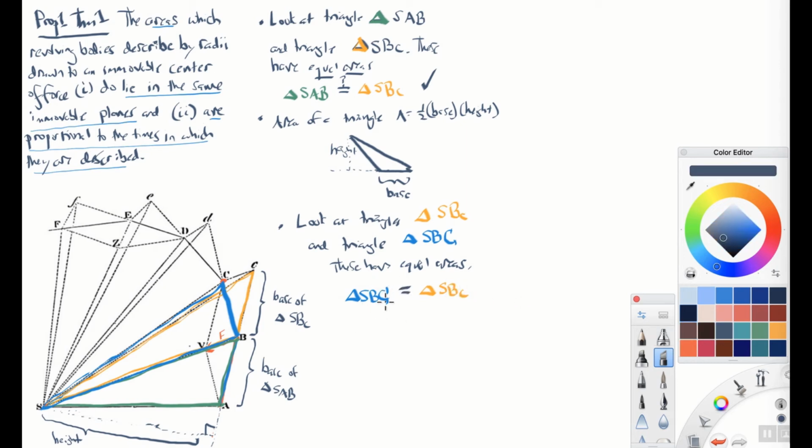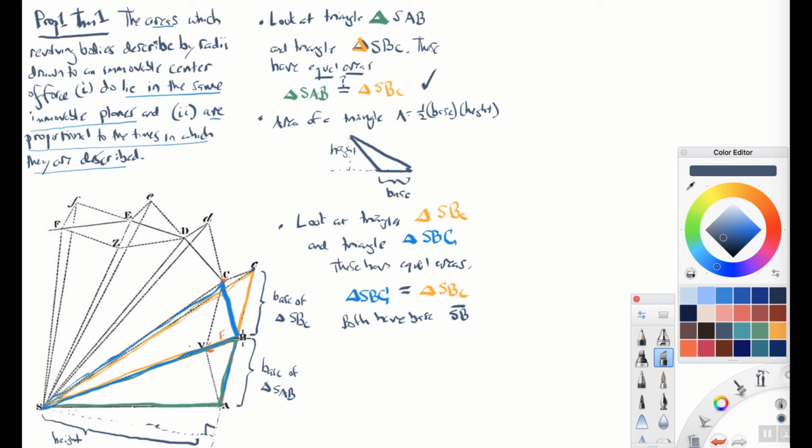Now, how do we know this? Well, once again, the area of each is its base times its height. Now let's take the base to be the line SB in both cases. So both have base SB, right? And what is the height? Well, the height of both triangles is going to be the distance from the base to, this one ends over here at little c, this one ends at big C, but notice that this line right here,